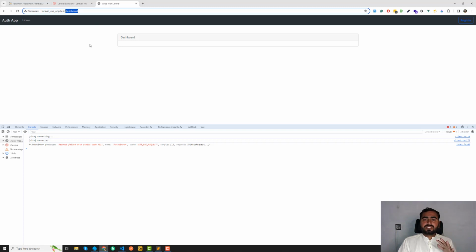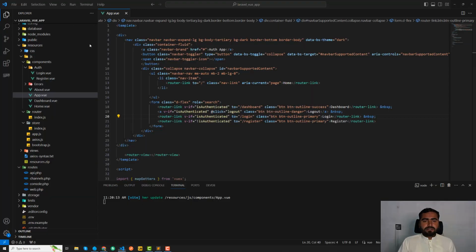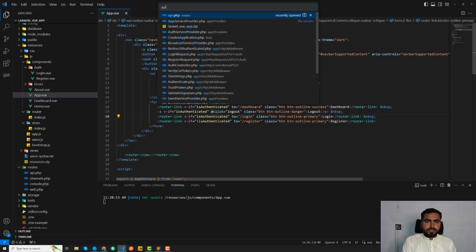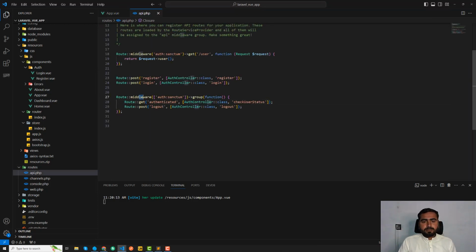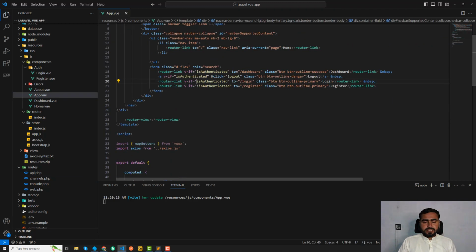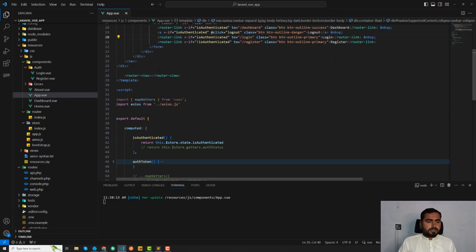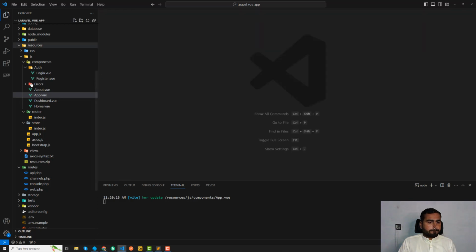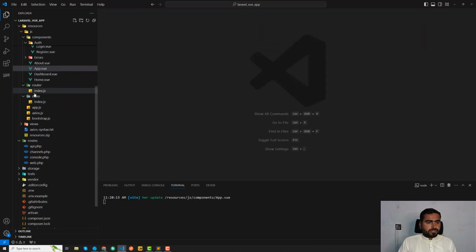So now we need to apply the middleware on the backend and front end too. So in this video, I'm going to apply this on the front end, and on the backend side, we already implemented this. So let me show you in a minute. So here we applied this on the auth:sanctum. So whatever routes you want to protect, just add them into this group, right? Okay, let's close this one, and here I'm going to now add a middleware. So just go to this